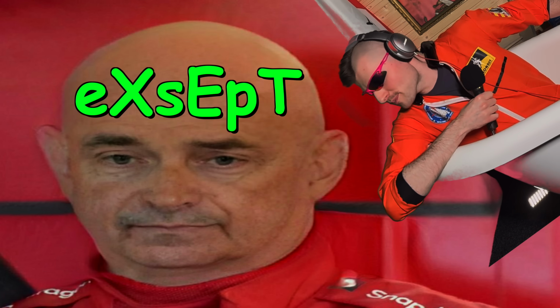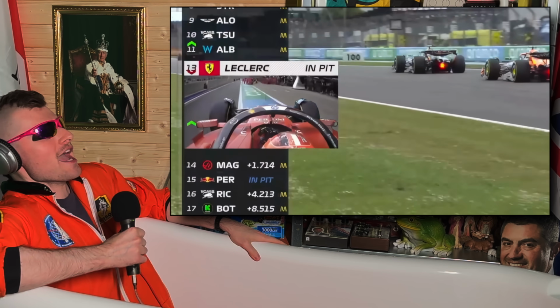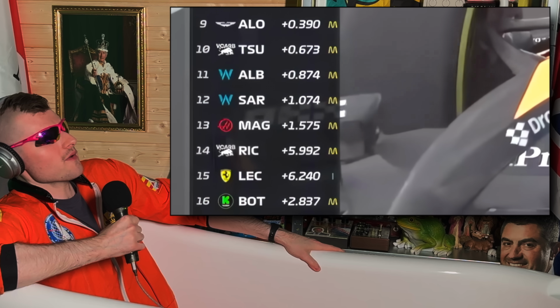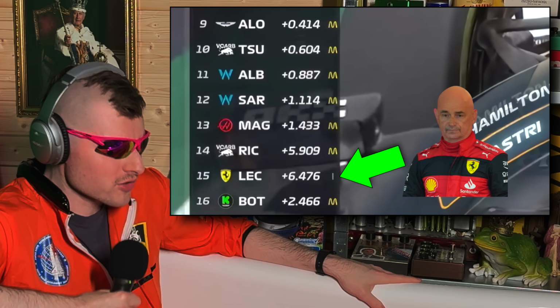Everybody except Charles Leclerc, who came into the pits for intermediates. Here we go. No question about it, I am ready to get hurt again. When he came out of the pits, he was down in 15th place, and just watch how much time he